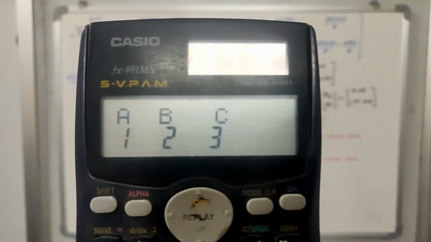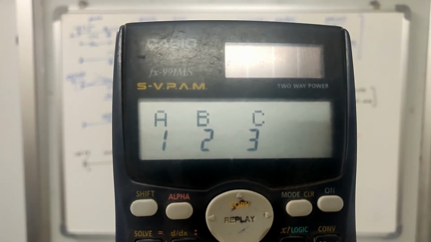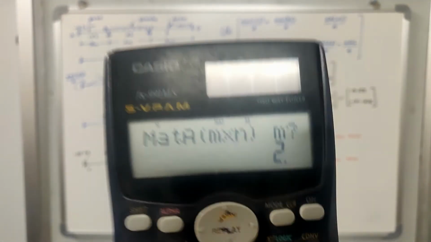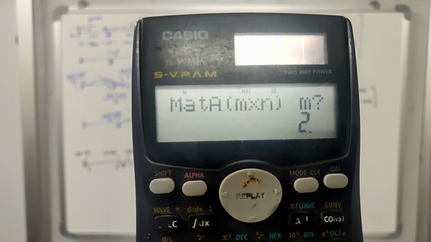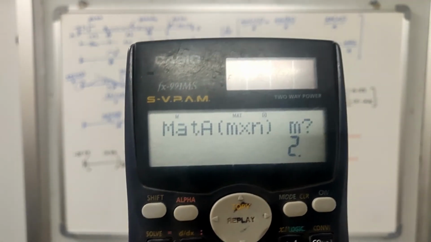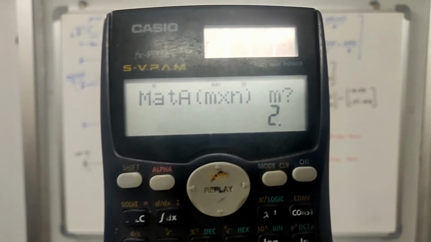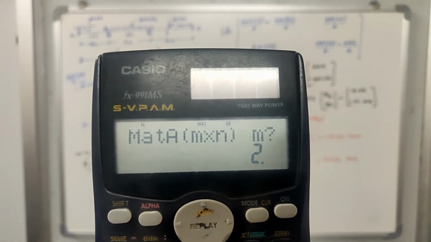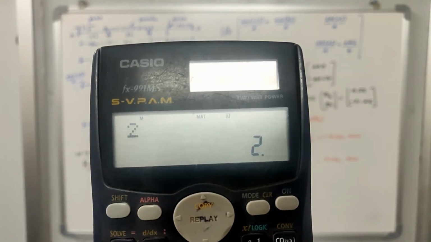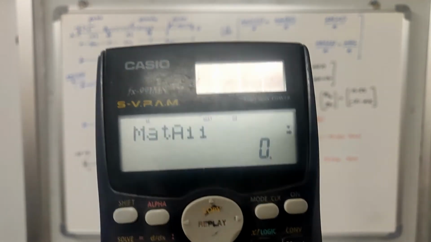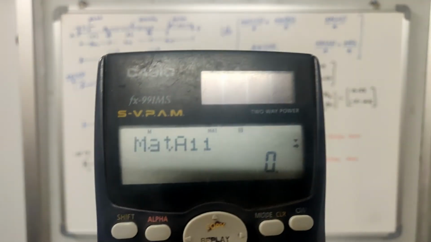Okay, right. So let me first substitute 1. Now when I click 1, I got the mat 1. So mat 1 is representing the first matrices. Here I am going to substitute my stiffness matrix. The stiffness matrix is a 2 by 2 matrix. First let us substitute the value of m and n. So m value is 2, next n value is again 2. Let me substitute both of them. So I got to know what is my mat 11.